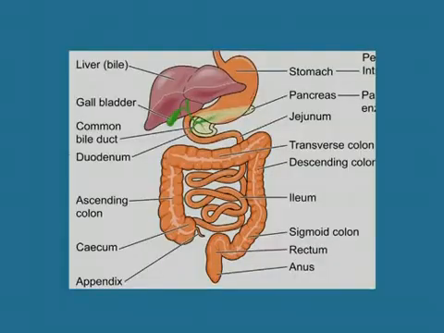In this diagram you can see that around the food bolus, which is present in the intestine or somewhere else, a constriction ring is formed. That constriction ring then moves forward, and in this way food is propelled forward, and this type of movement is called peristalsis. One more important thing related to peristalsis is that this movement is always in the anal-ward direction. That is, peristalsis takes place from mouth towards the anus. It cannot be in the reverse direction; it does not move towards the mouth under normal circumstances.